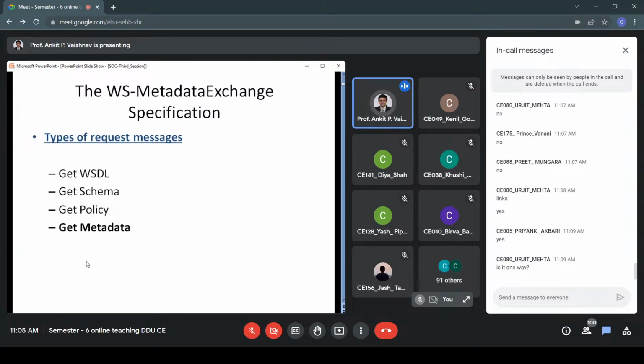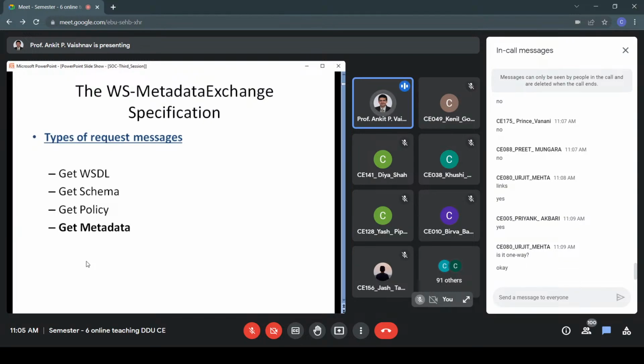Okay, it has to be request response, isn't it? Because you are requesting metadata, so you'll be getting something in response, even if all of them are links. But a response will be there. We are also going to see this in more detail. So it is request response again.